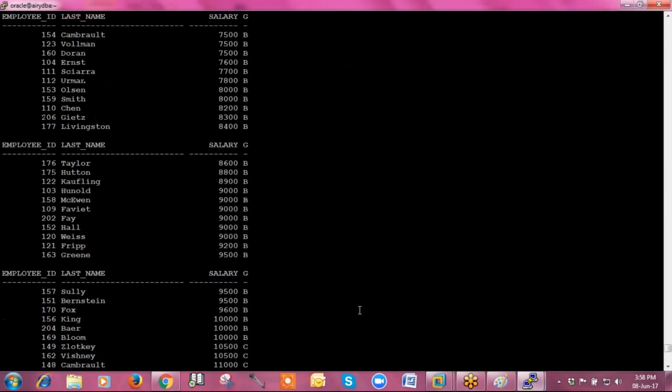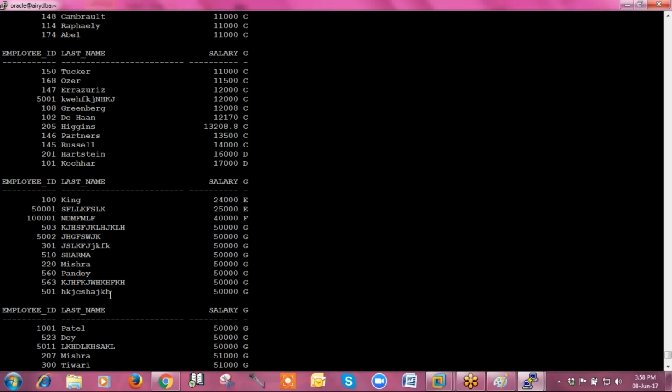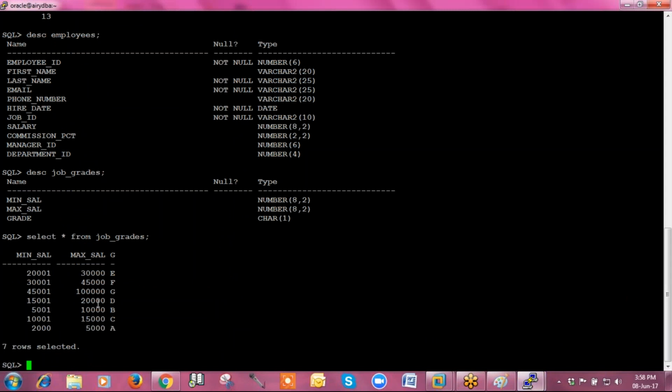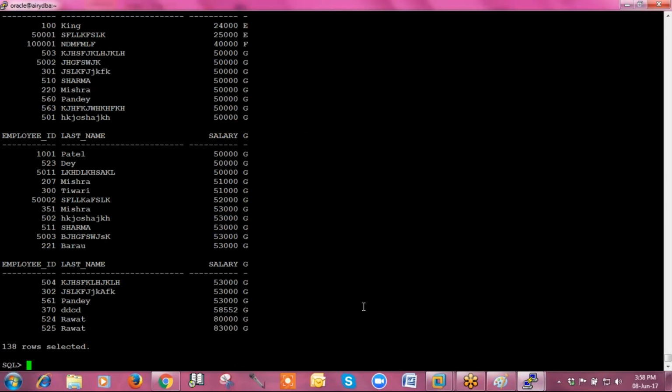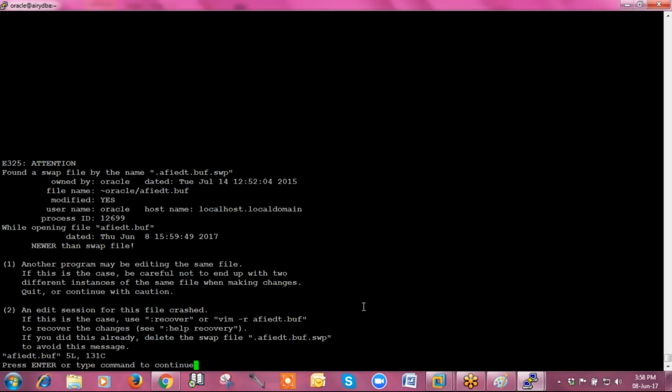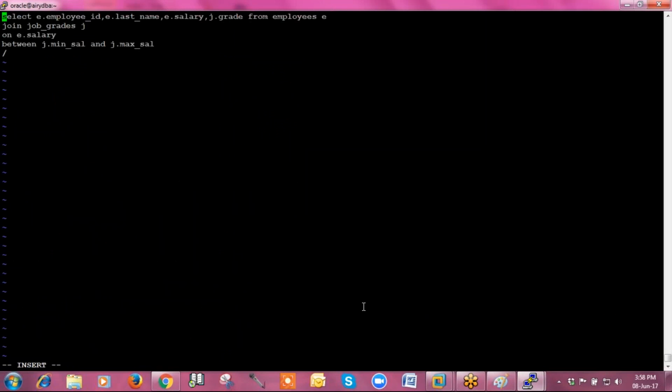So for G grade you can see 50,000. For D, 17,000, you can see 15,001 to 20,000. So here you can see I have not used the equality operator to create my joining condition.